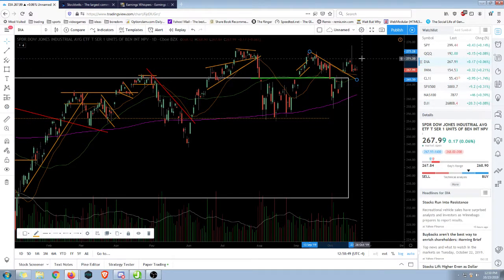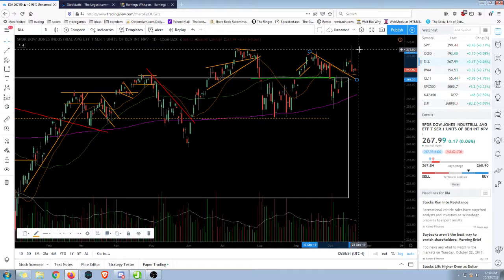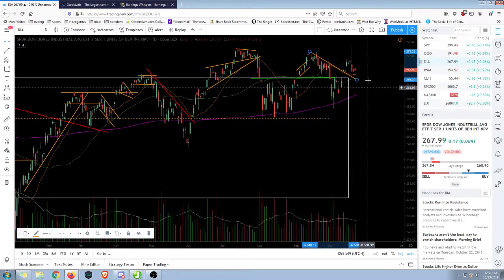If we can push back to the highs and push past it, then we're going to go ahead and revisit all-time highs. If we don't, then we need to come back down and retest this prior level that was basically resistance turned into support, turned into resistance, turned into temporary support, and then into resistance, and now hopefully into support again. So again, it's the midpoint of the range we're trading in, but ideally when we're trading